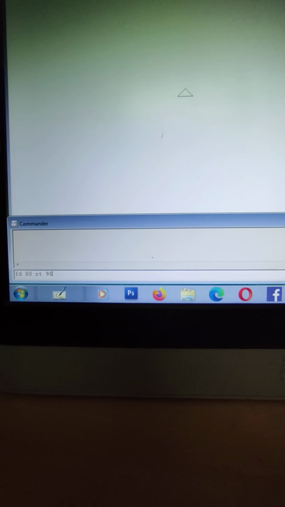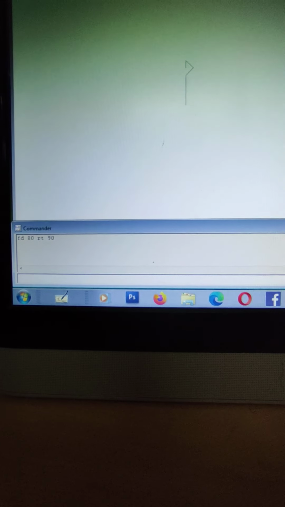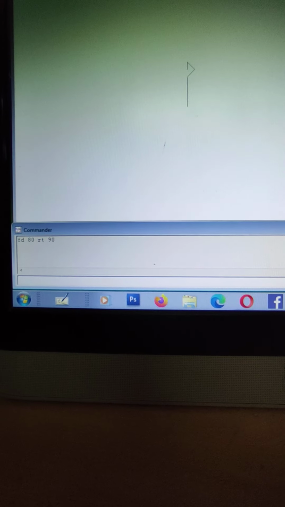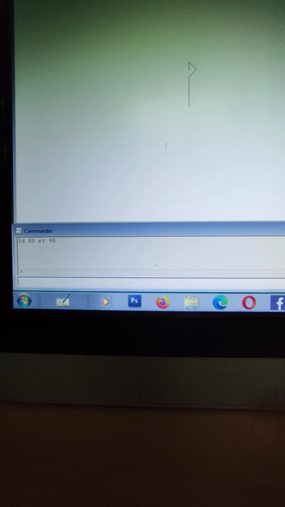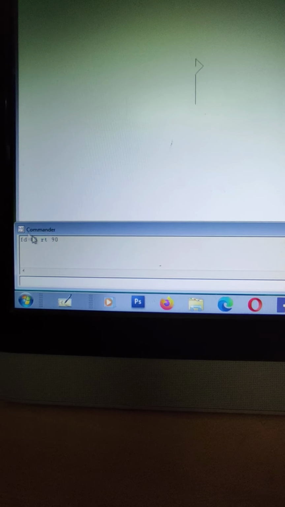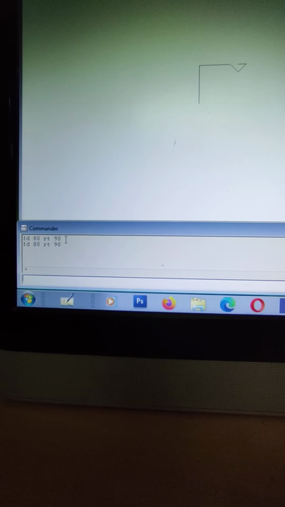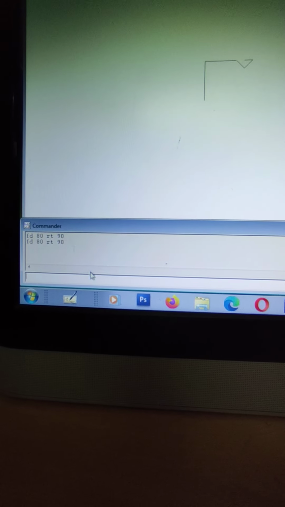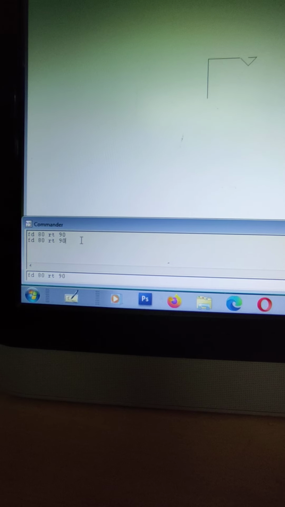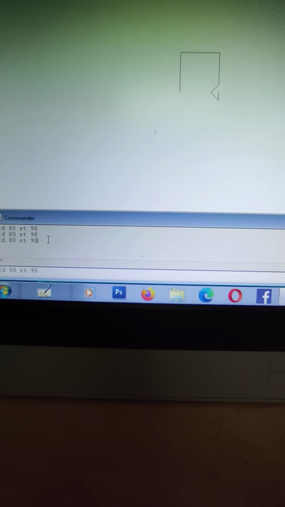Then your turtle will move like this. The turtle will go forward FD 80 and it will turn to the right side. Again we will use the same command 4 times. In this way your turtle will turn and you will get a square.